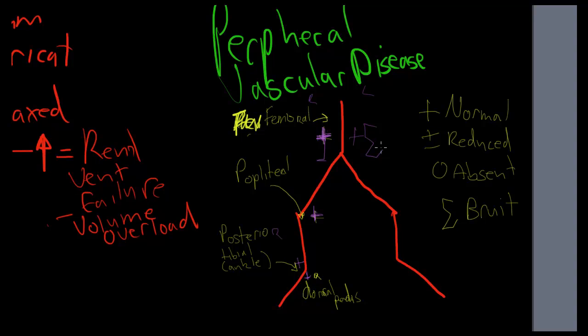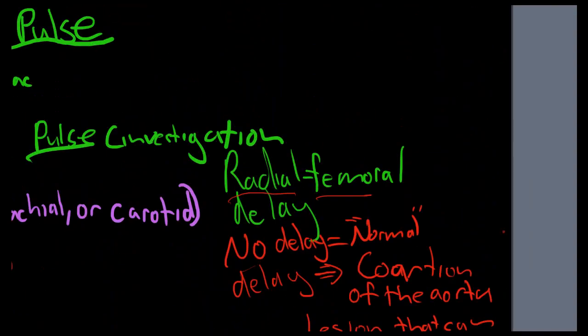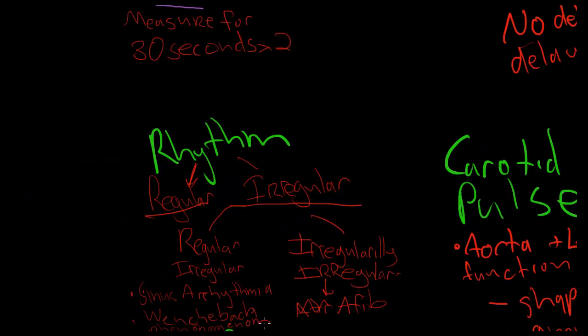So here on the left side, you detect a bruit, and then at their popliteal, they still have normal, but then when we look here at their dorsalis pedis and their posterior tibial at the ankle, say if you feel nothing, that's a 0, absent, and this person has some obvious peripheral vascular disease, which you're going to need to treat. Okay, I think that's it actually. Yeah. So all pretty simple. That's your